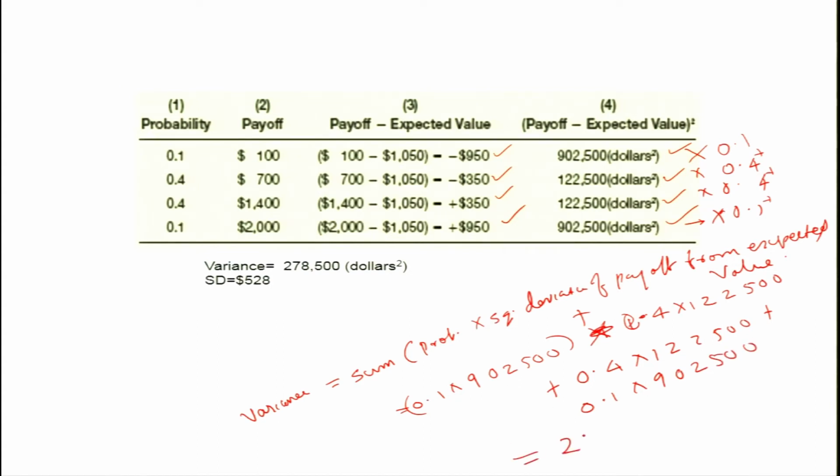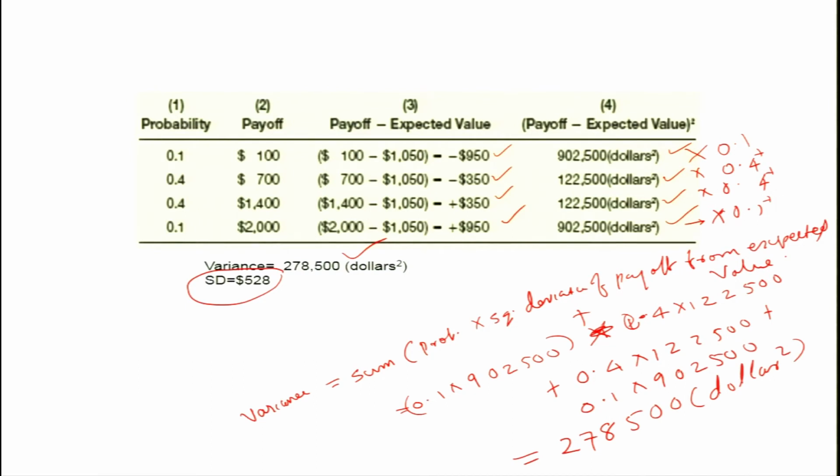The value that we will be getting from this calculation is 278,500 dollars squared. This is the value you are going to get. So, the standard deviation of this one is going to be